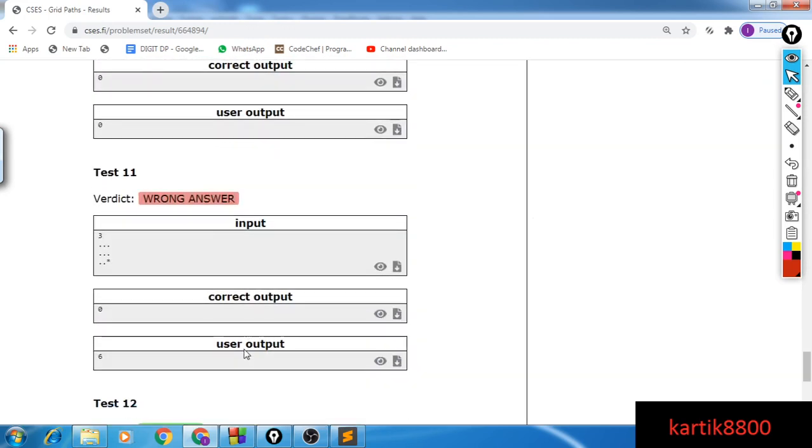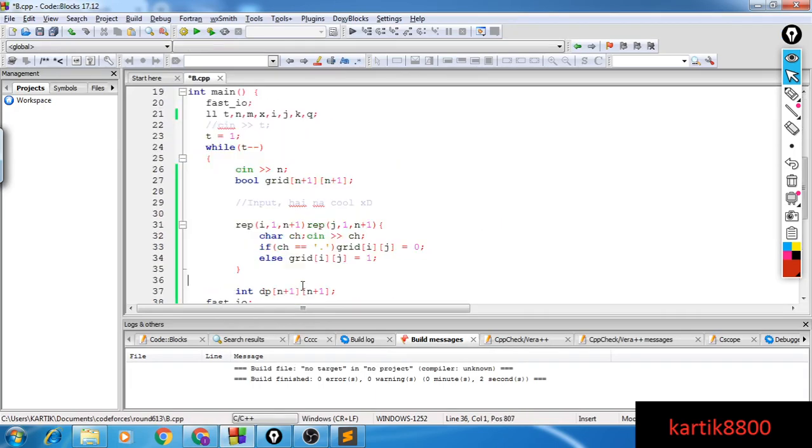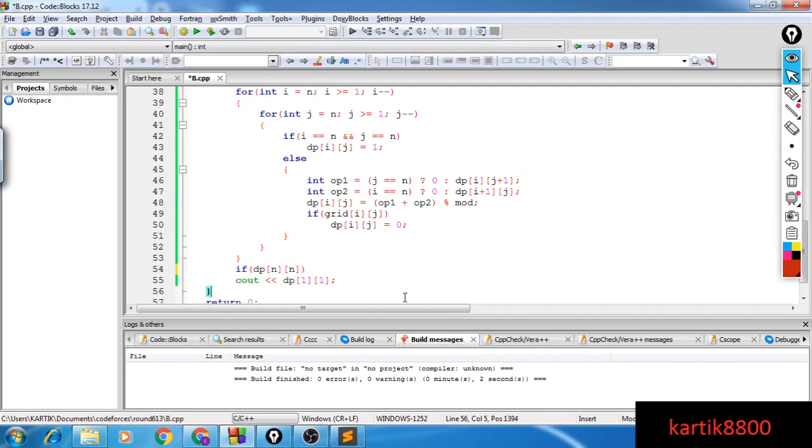Okay, the last cell itself was blocked. I didn't consider that possibility. I thought that the last cell will not be blocked. So if either the n,n cell is blocked or the 1,1 cell is blocked, my answer is 0. But 1,1 I would consider in this looping, but I haven't considered n,n.